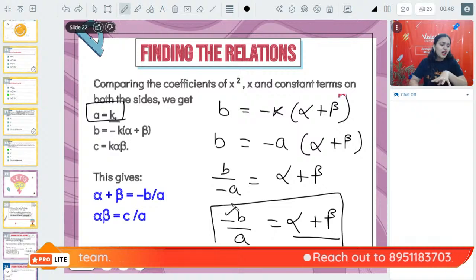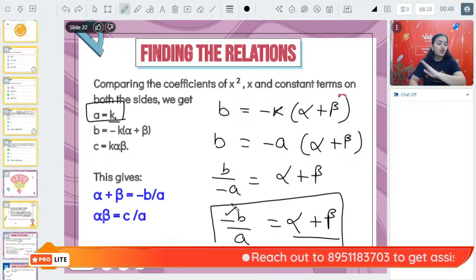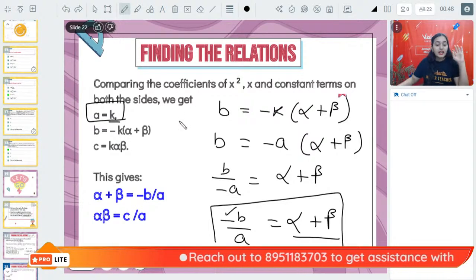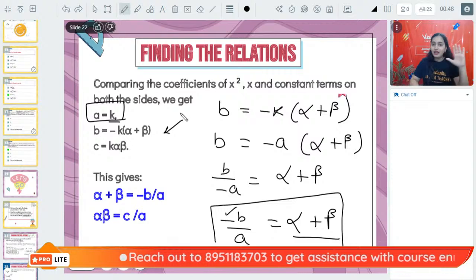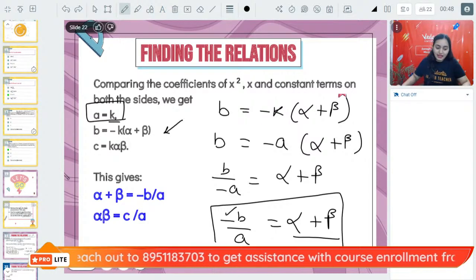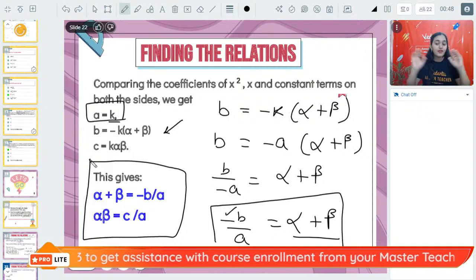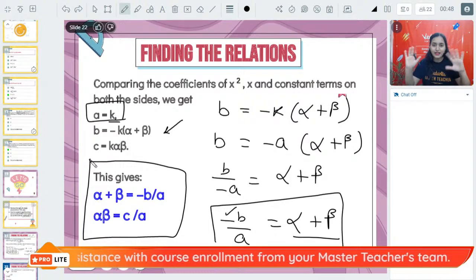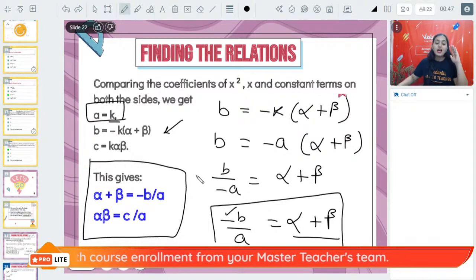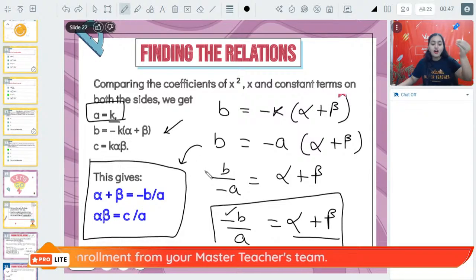So from here, Shri Varshini beta, you don't need to understand the proof. This proof is not going to come in your exam. What is important is this formula. No need to understand the proof. If you are not able to understand the proof, leave it. It will not come in your exam. Basically, it is a derivation of the formula.